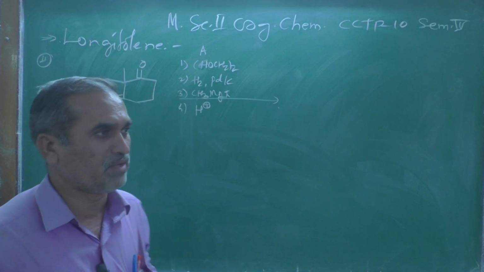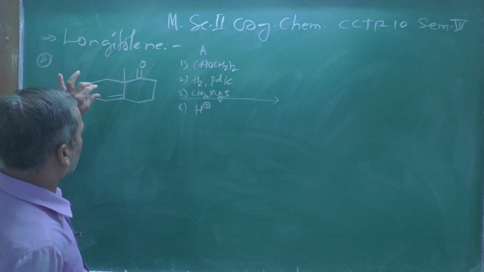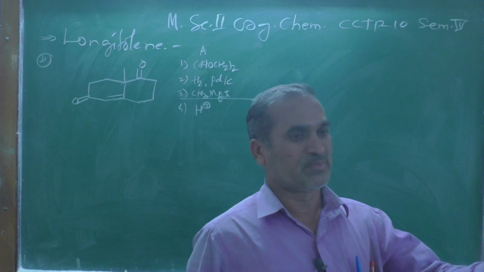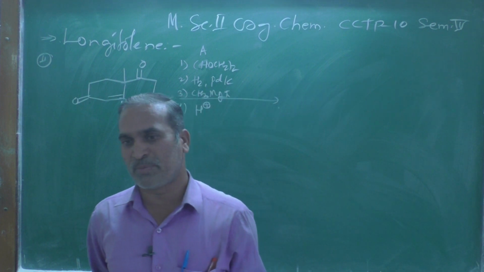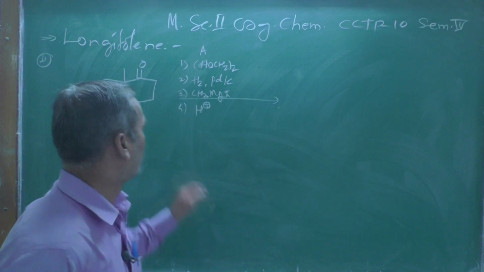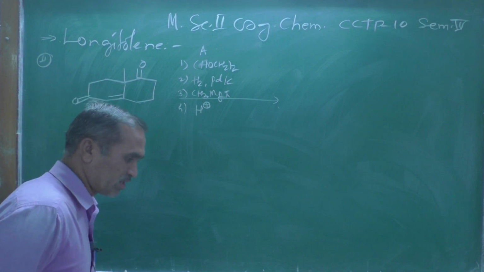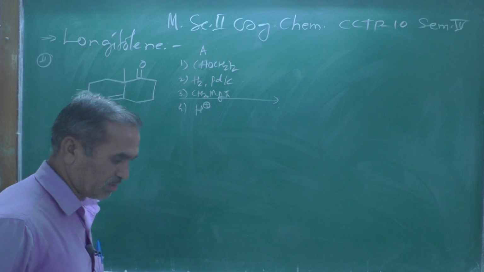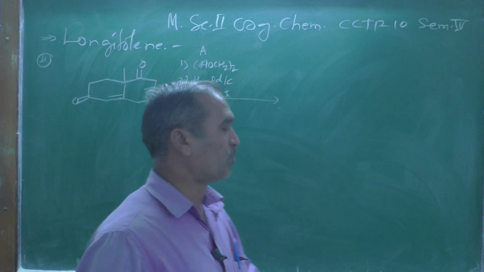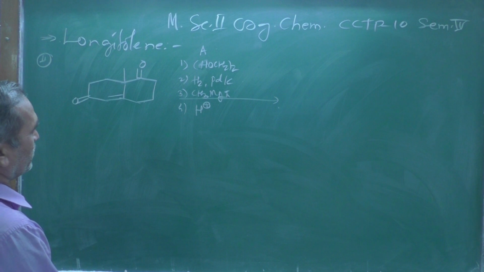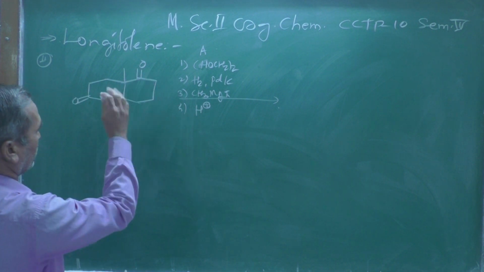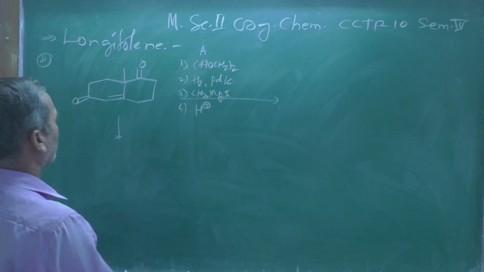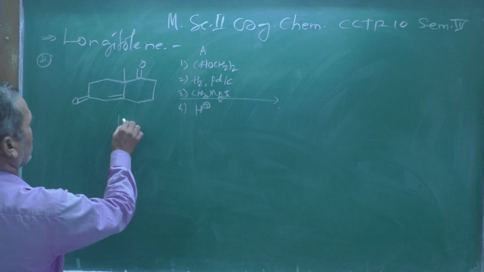Therefore, the reactivity of this, what we can call an alpha beta unsaturated compound, due to the resonance effect, is less reactive toward the nucleophilic substitution reaction as compared to an isolated carbonyl group. This is an alpha beta unsaturated compound. If you add the reagents one by one, step by step, you will get here this reagent,